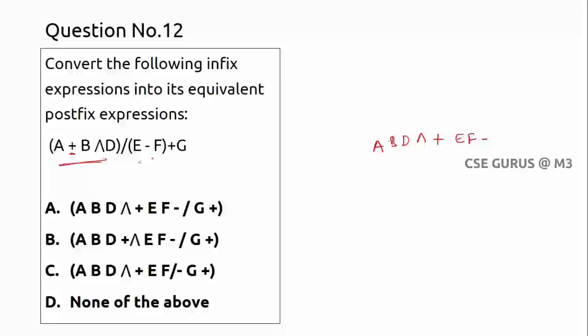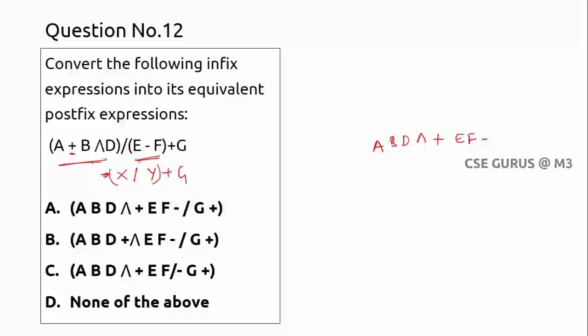Now the thing is, you can observe this entire part as X divided by this as Y, plus G, right? Now there are no braces here. If there are braces, I'll go for Y plus G, but now you can see division is the first priority compared with plus. So now I have to take X division Y. So that's why we need to take division now.